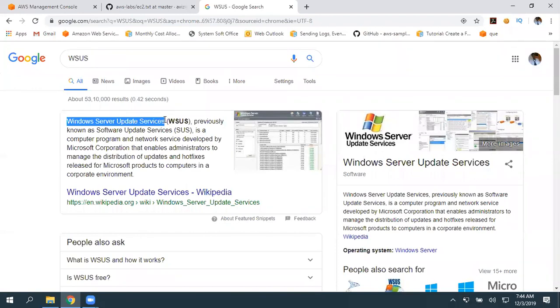Give an appropriate tag. For all Windows instances, specifically mention a tag. OS is the name and the value is Windows. For all Linux, OS is the name and the value is Linux. Maintain this, so in future, if you want to update all your Windows machines, you can filter on that. Based on service also, when you select that particular option, it will automatically show that, and it will ease our task.